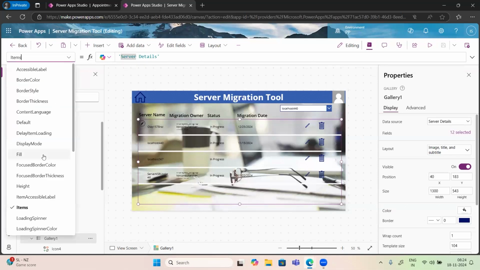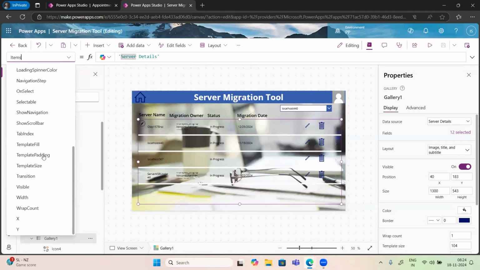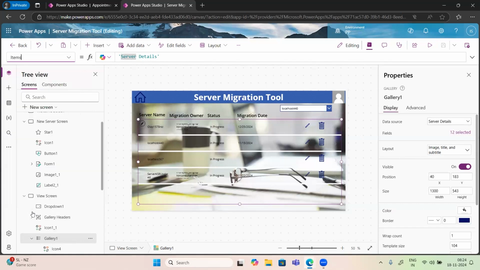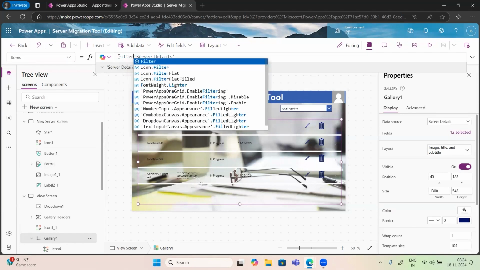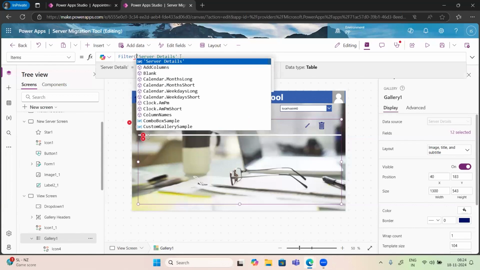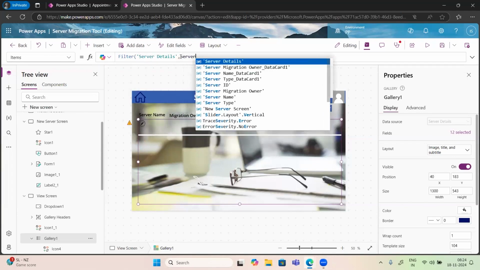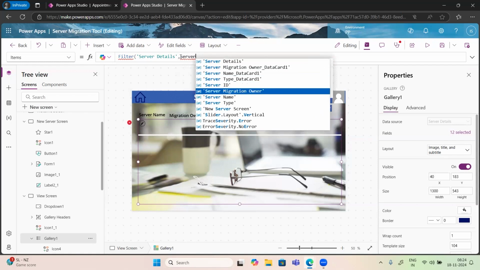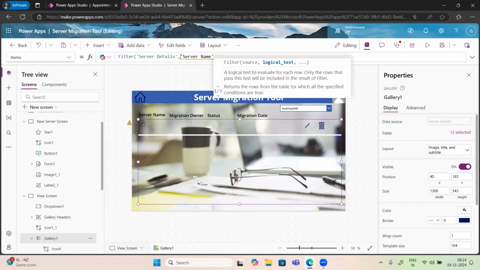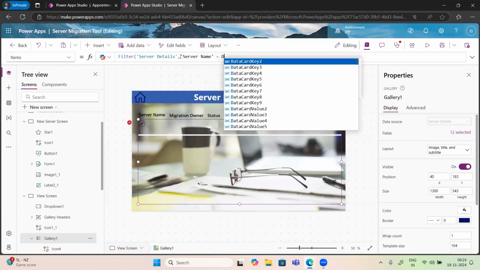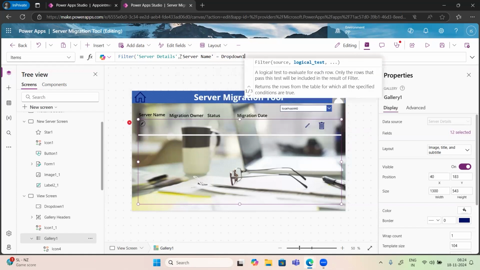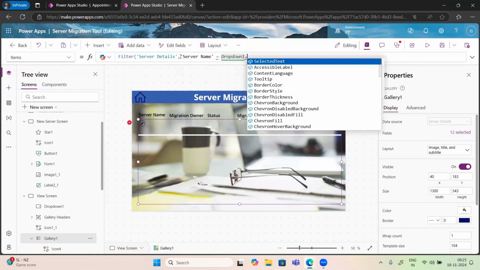Cool. The gallery's Items will be the data source, server detail. So what will you write here? Filter server details. You have to filter on the basis of server name. Server name equals Dropdown1.Selected.Text